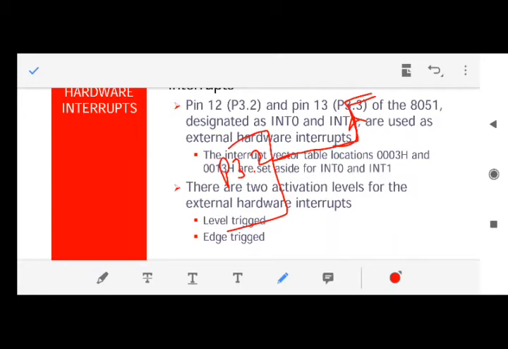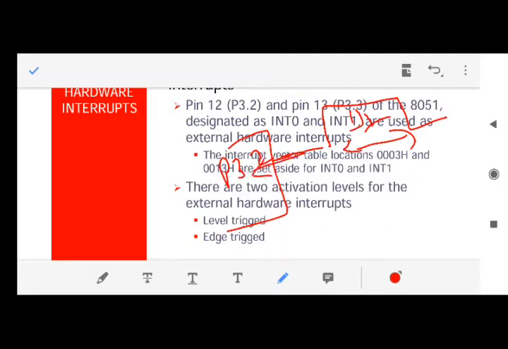Fine. So based on the type of signal which is coming into pin number 2 or pin number 3 of port 3, that is the interrupt pin, it decides what type of external interrupt it is. It can be level triggered. Level triggered means if we are sensing one level, it should be 1 for some time, then only it will sense that an interrupt has occurred. Fine.